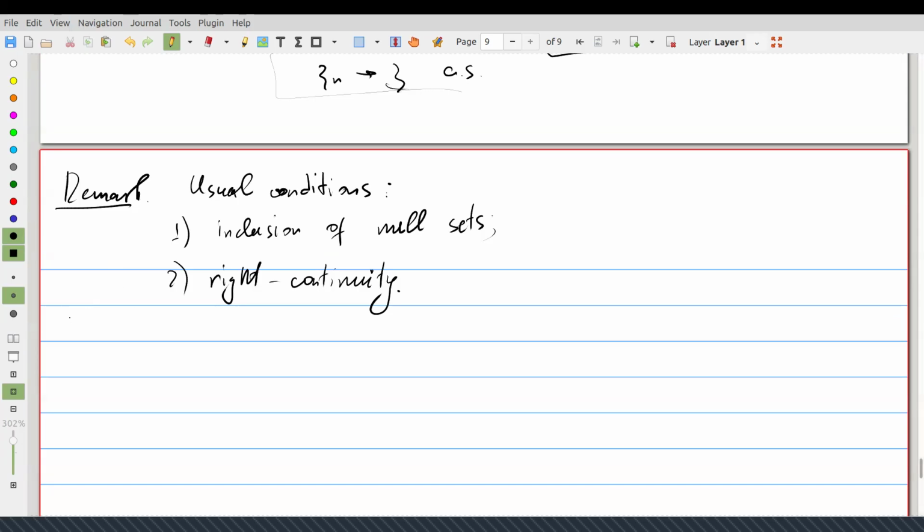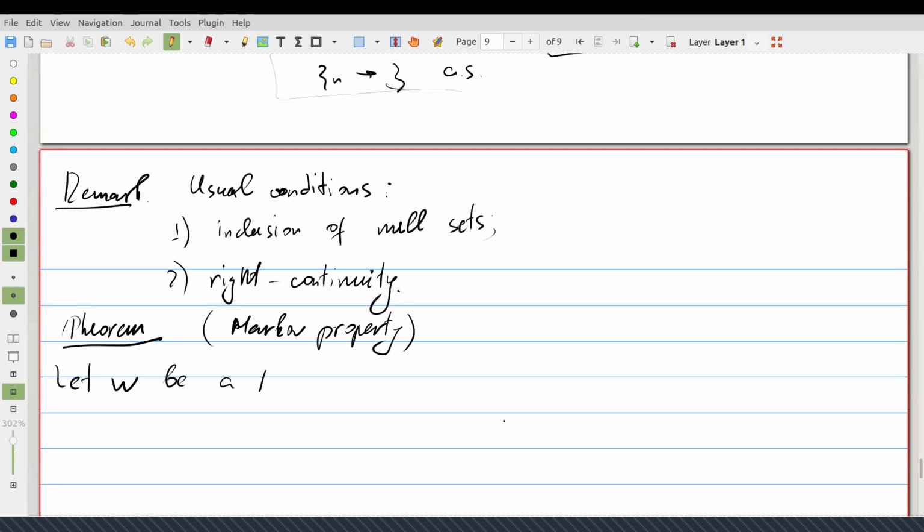And to discuss it a bit in detail, let's return to discussions on properties of Brownian motion. The first is just the Markov property. Not strong, but just the ordinary Markov property. I will use the following version of this theorem. So consider a Brownian motion. And then for all s greater than 0,